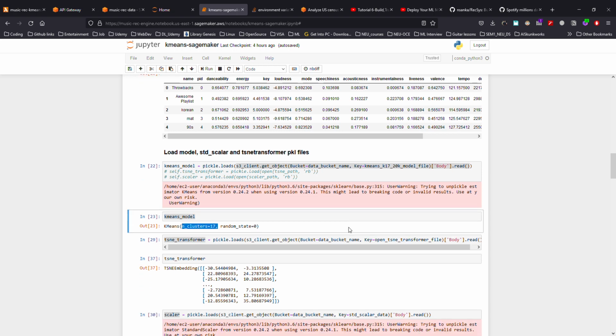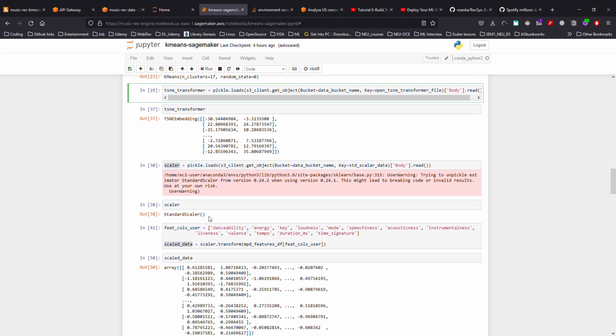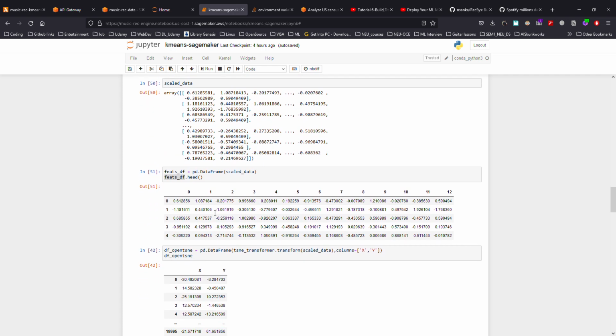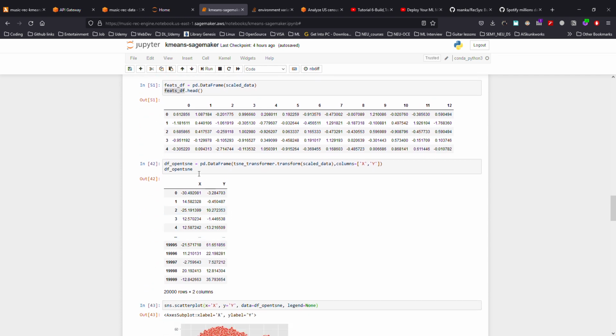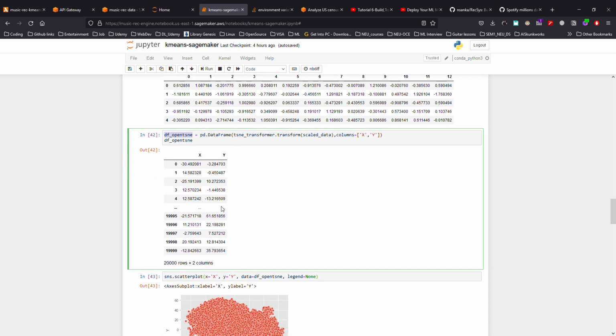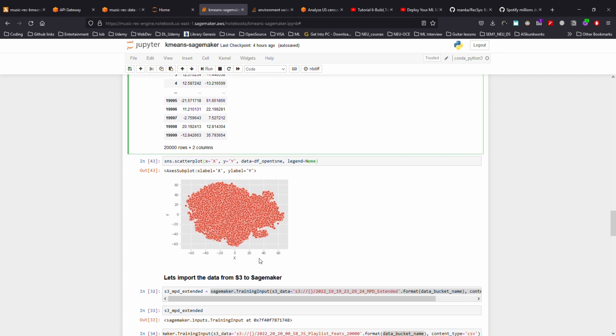The t-SNE is used to squash all the non-linearly separable features into a 2D plane so that we can get them into clusters. We are doing a standard scaler to scale them between 0 and 1, a standard thing. After we have scaled the values, we get this data frame from 0 to 13. These are all the feature vectors that we have. Then t-SNE does something similar to PCA but squashes it to an XY plane, and you get these 20,000 rows. The scatter plot of the same is here. You can see it's between a particular range.